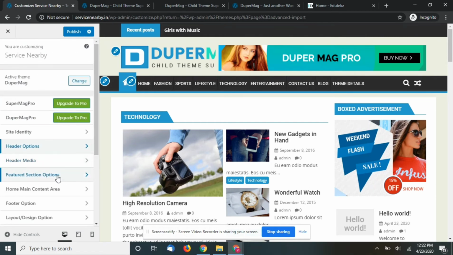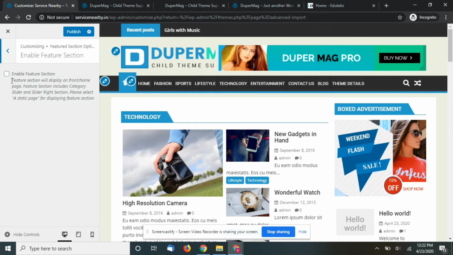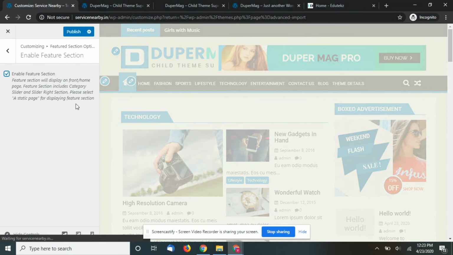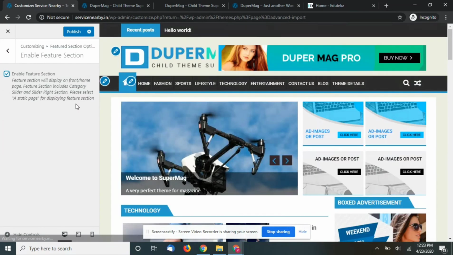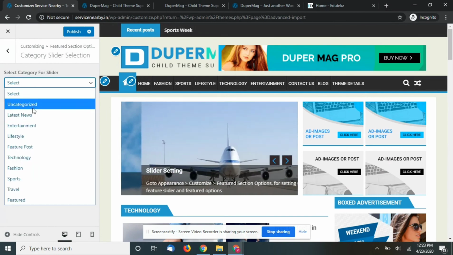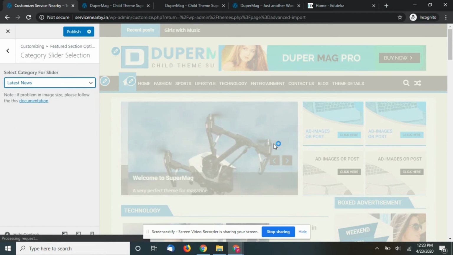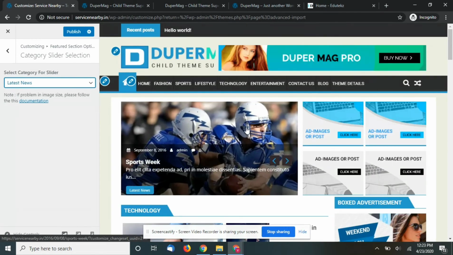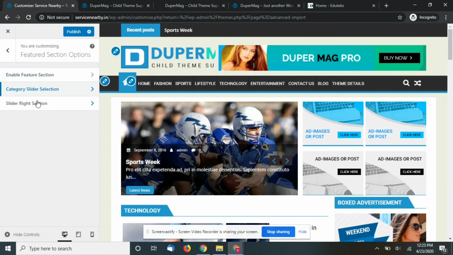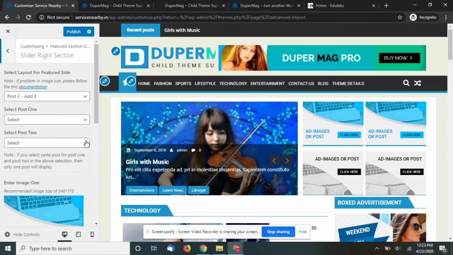Now go to the featured section. This is what I was talking about. Just click on enable featured section, and then you can select which category you want to display. For example, it was latest news. The blog content which you have added in that category will only be displayed. We will learn all about that while learning how to create a blog post.